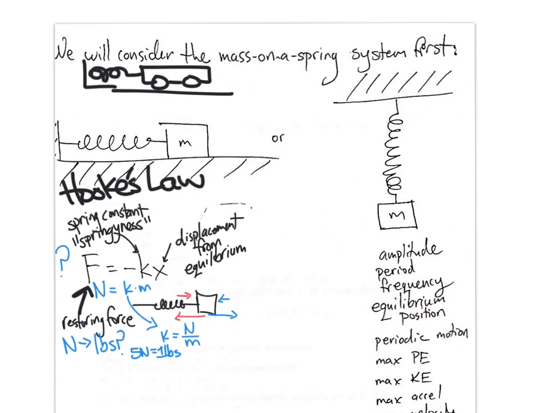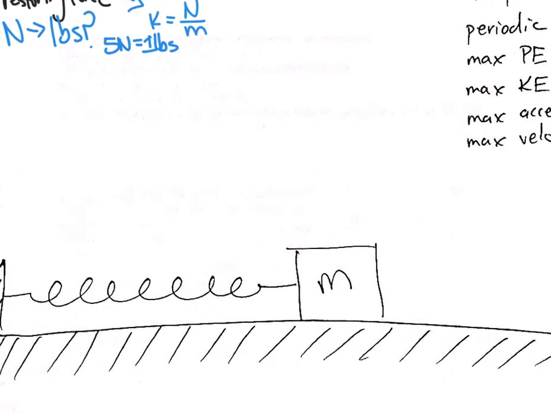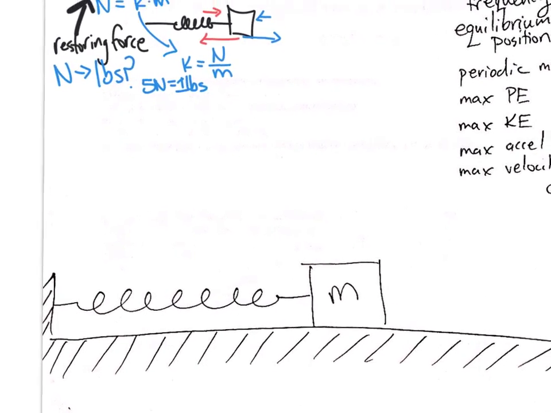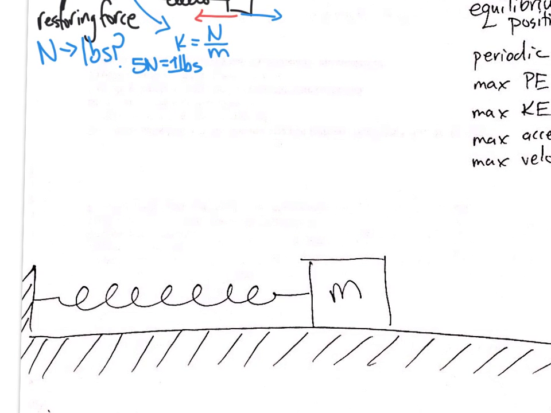And oh my gosh, look at all these terms. This is why we created a separate video for here. So, amplitude, period, frequency, equilibrium position, periodic motion, etc. We're going to take a look at this situation, and we're going to talk about these things. So, what happens if I take this mass, here is the equilibrium position, right? It's at rest. And if we displace it by a certain amount, so now the mass is over here,